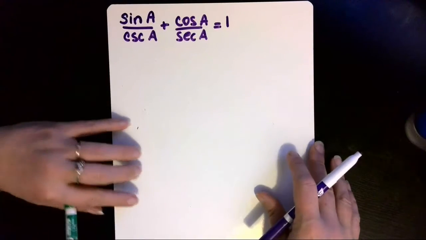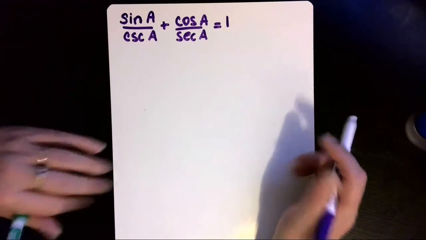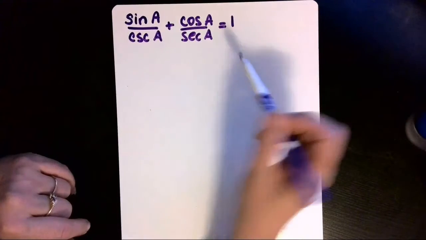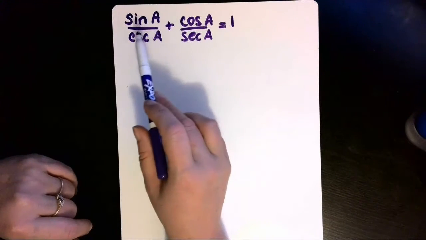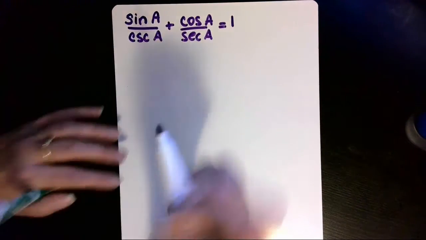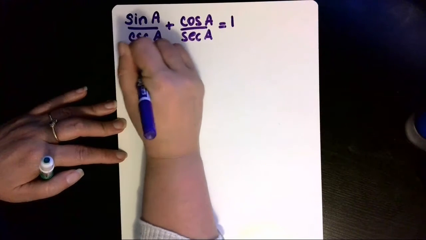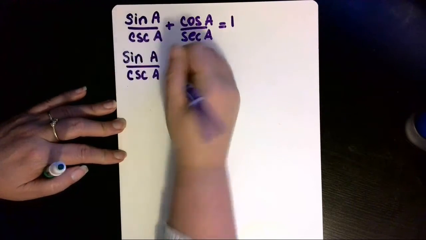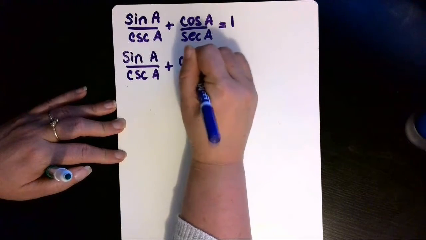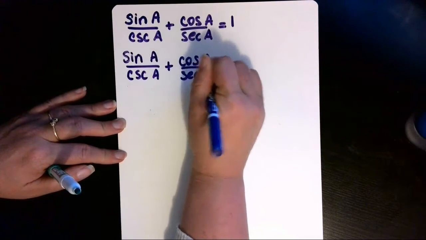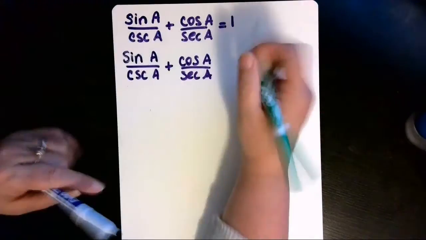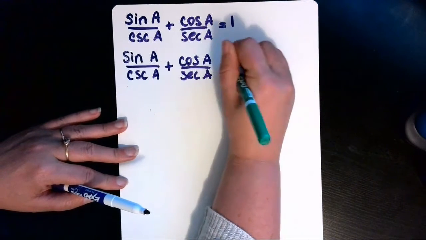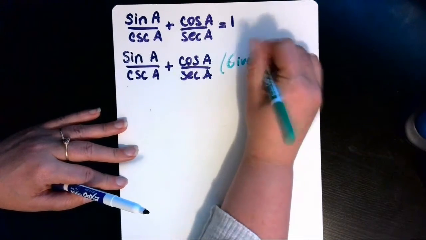Okay, so when we want to verify this trig identity, the first thing we want to do is pick the more complicated side, which obviously is this sum of two fractions, and we're going to start with that as our given information. So sine of a divided by the cosecant of a plus cosine of a divided by secant of a, and next to each statement we list a reason for that statement, and this reason would be that it's